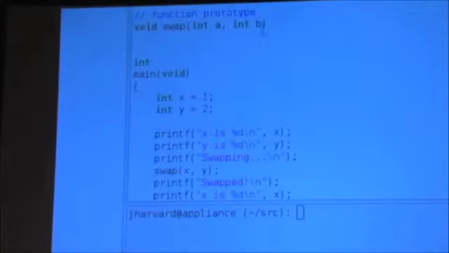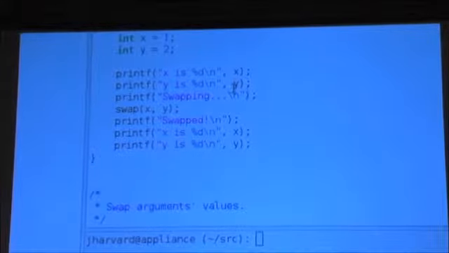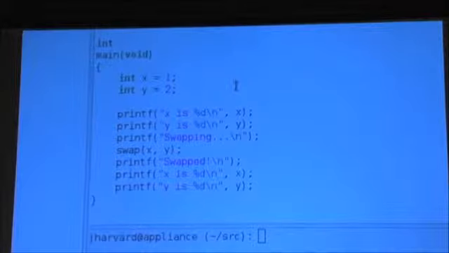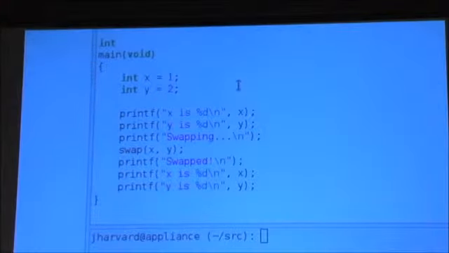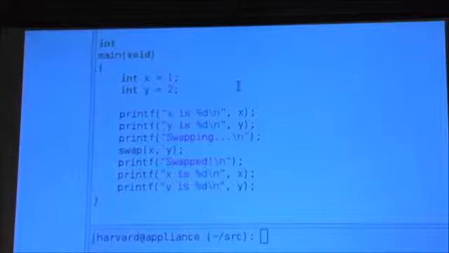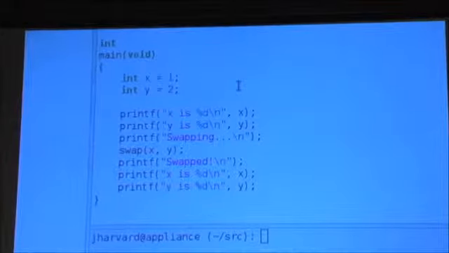In lecture 2's source. If I open up buggy3, we'll see an attempt to actually swap two variables. So let's ignore the top of the file. Let's just look at main, as is generally most useful. It looks like main declares an int called x, assigns it 1. Another int called y, assigns it 2. And then it prints out their values. It then says "Swapping..." Then it calls a function called swap, which takes two arguments. So it's a little different syntactically, but you just separate the arguments with commas. Then it claims on the screen to say "Swapped!" And then it reprints x and y.